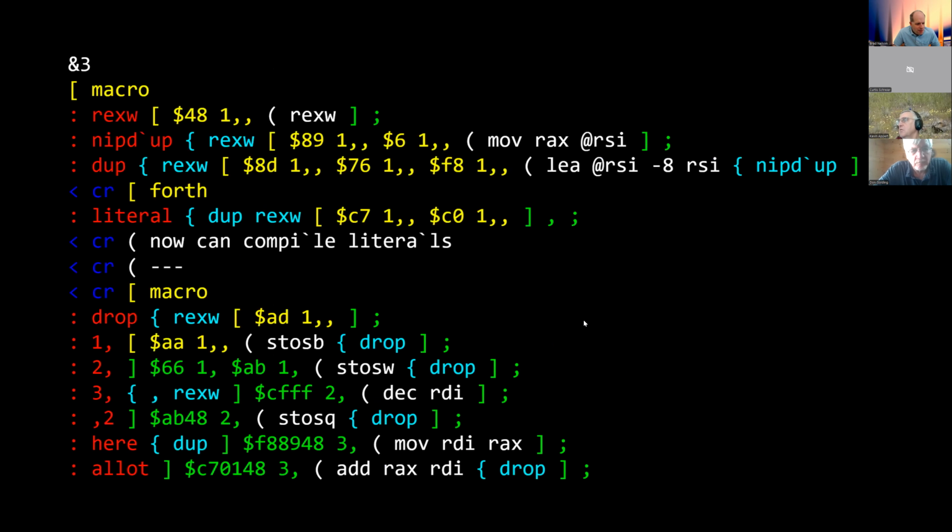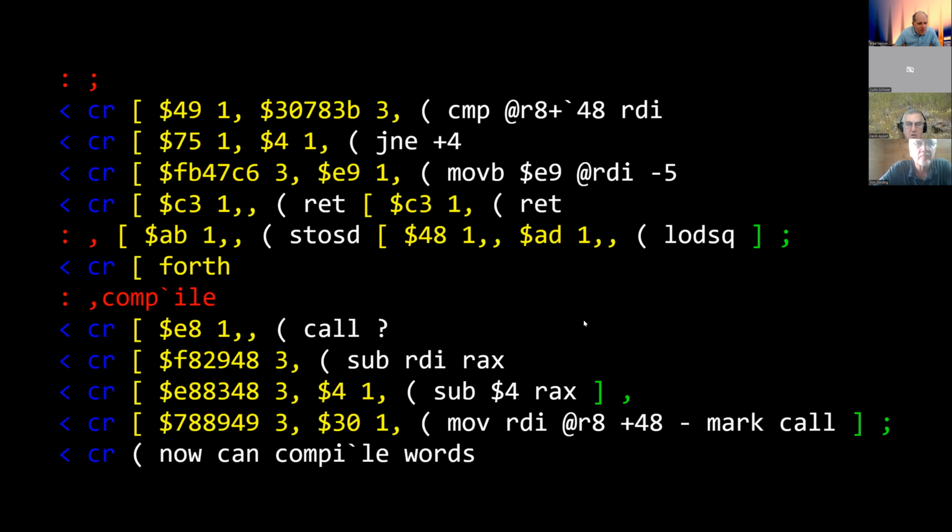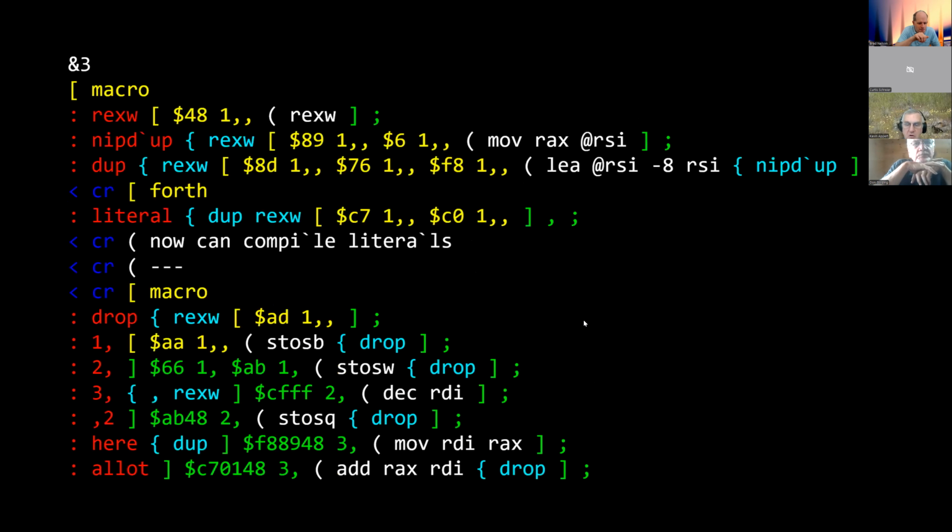And then I go and I build up everything else. I create a bunch of macros for building up each of the words in assembly. Many of them I do as macros so that I get them compiling inline assembly. Sorry, here is literal. I'm mistaken. It's on this next page. So I'm able to build up dupe and then literal,